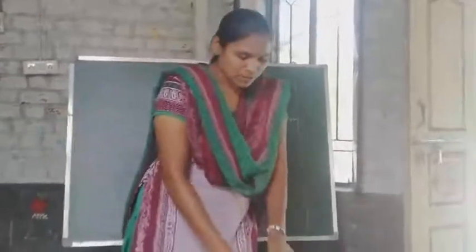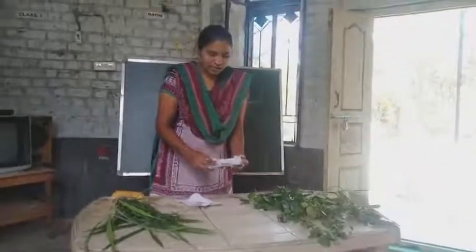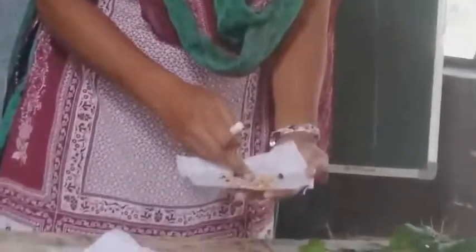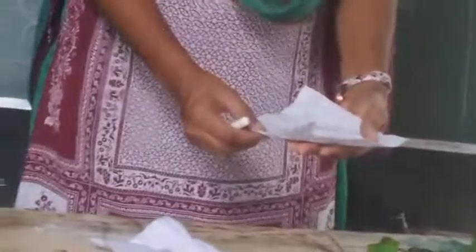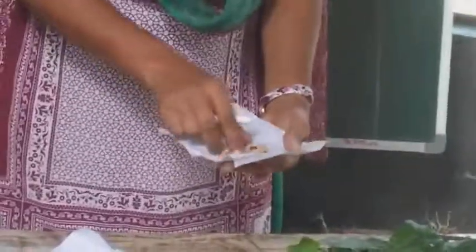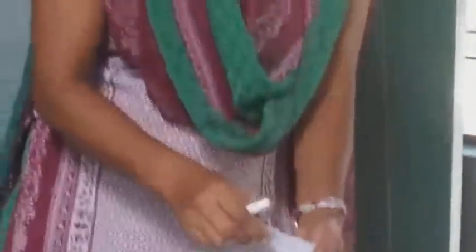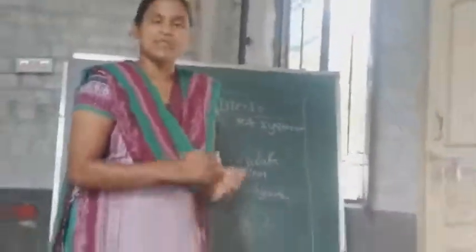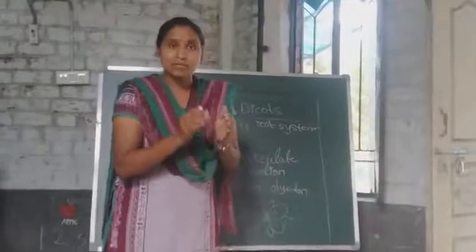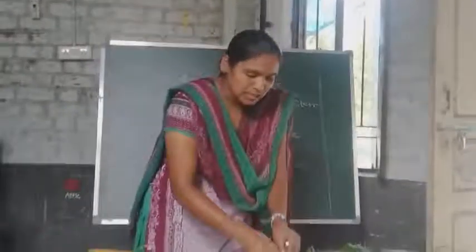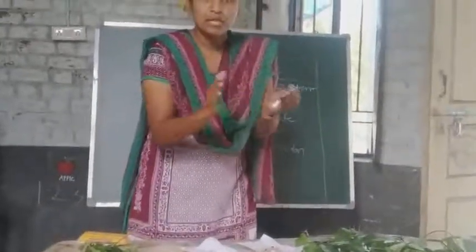So now we come to seeds. You can observe these seeds. What are these seeds? Have you identified? These are Dolichos sinensis or hyacinth beans. In Telugu they are called anumulu. Do you know? So these are dicotyledons. Why are we calling them dicotyledons? Because when we break these seeds, they separate into 2 equal parts.